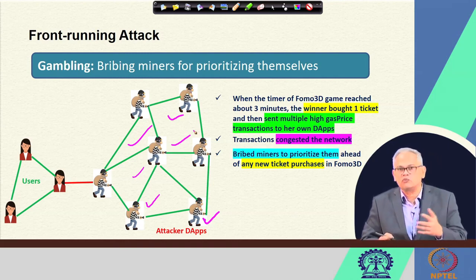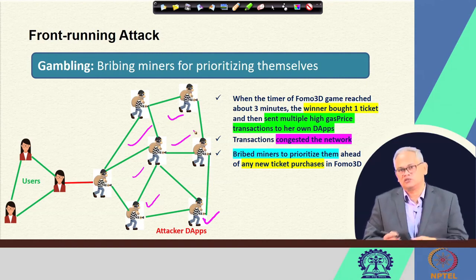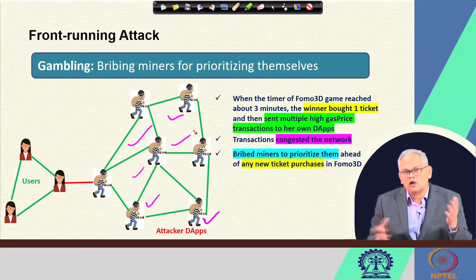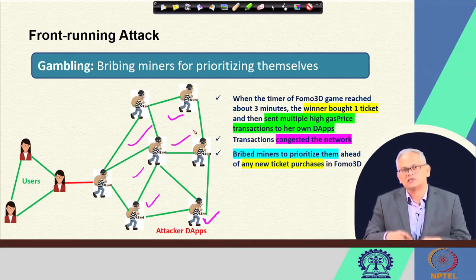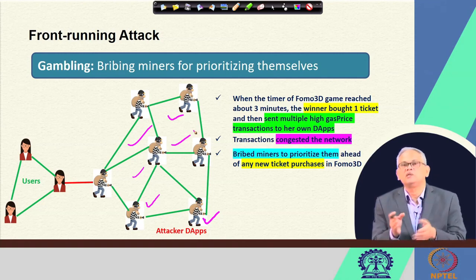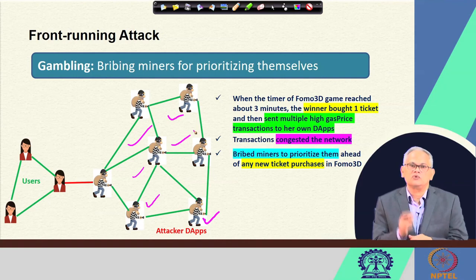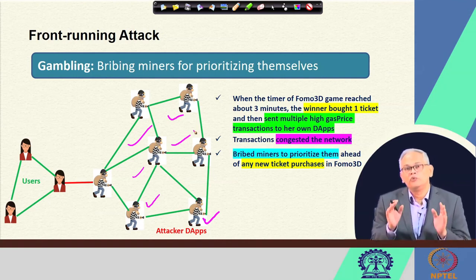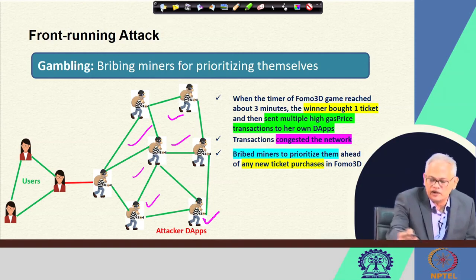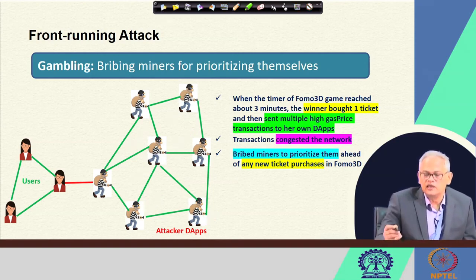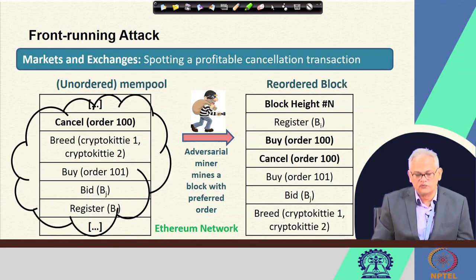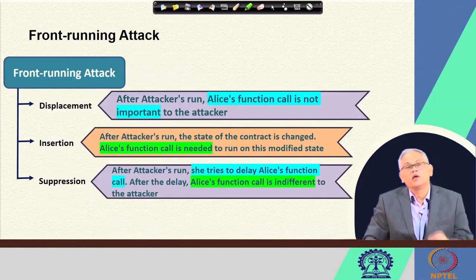If you remember, we talked about some of these underpriced operations in these smart contracts. So, it is possible to do a combination of these types of attacks by ensuring that no other such legitimate ticket purchase transaction will go into the block before that timeout is reached. So, you see that this is an example where the whole goal was to delay Alice's transaction, as was mentioned in our context of this very first slide,